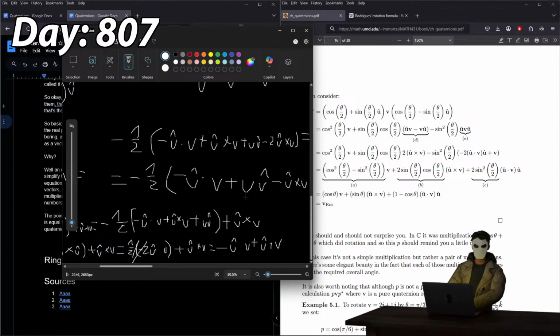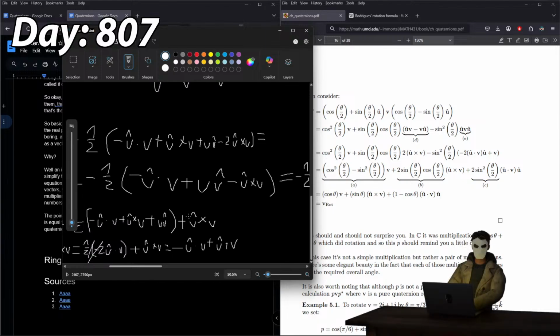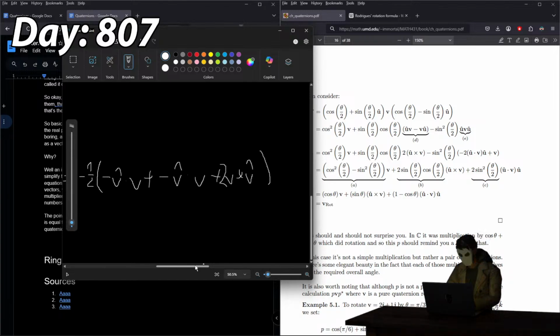I think I just switched it to negative v. Negative equals v. Yeah, okay, I just flipped the sign. That should be fine. This is what we end up with so far, and then